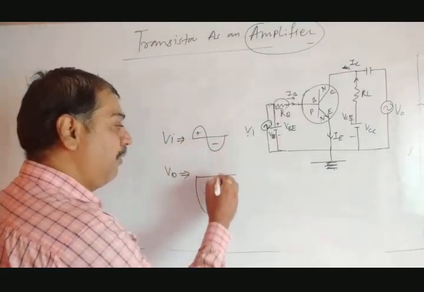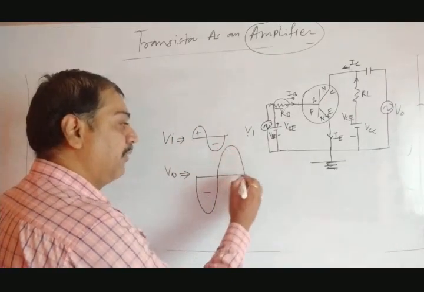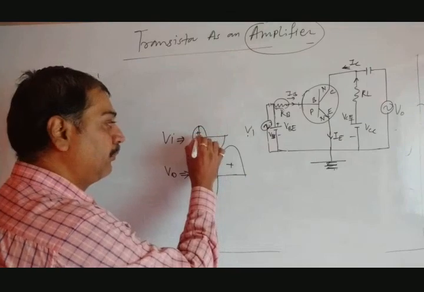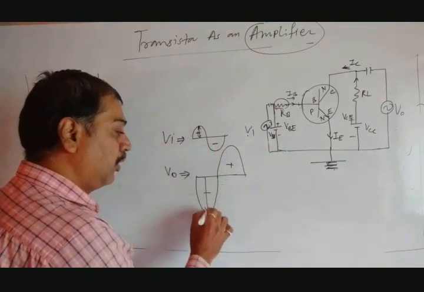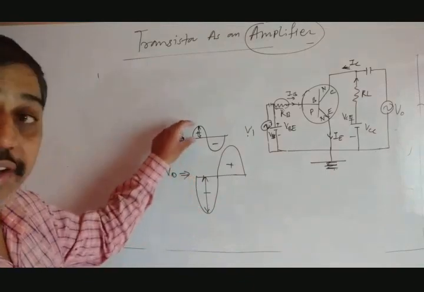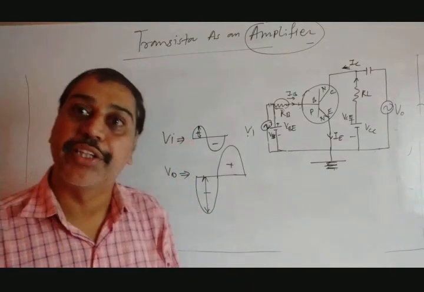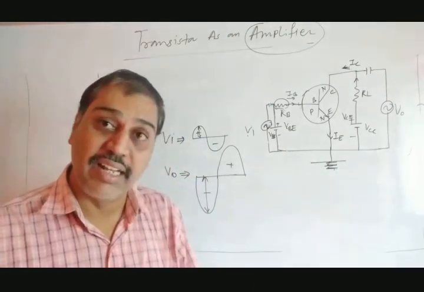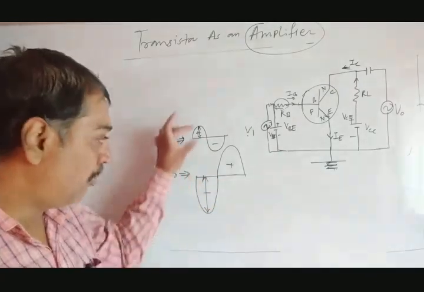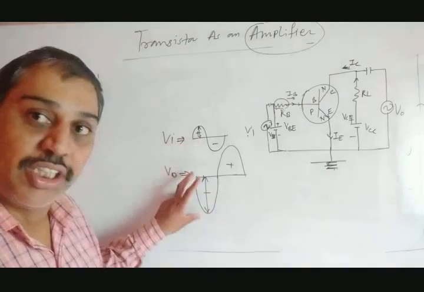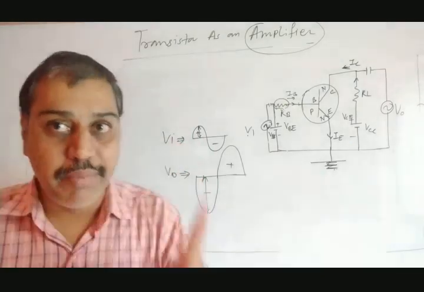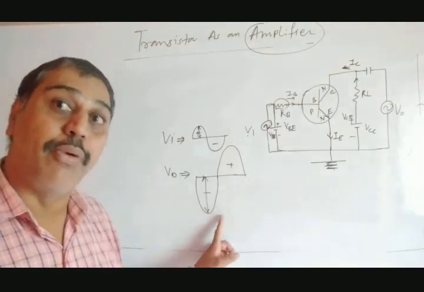When it is negative, it must be positive. And if we compare the amplitude of the input and output, you can say the amplitude of output is greater than the input. That means amplification was done. Strength of the signal gets increased, in terms of amplitude: small amplitude becomes large. So amplification was done, strength gets increased, but the only problem is what? It will give the opposite to the input.